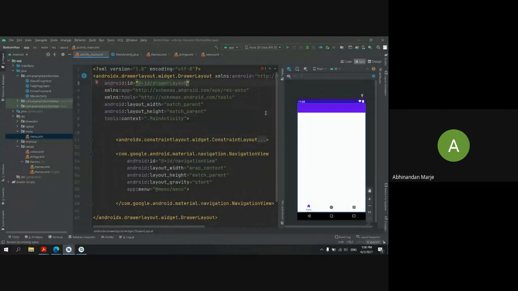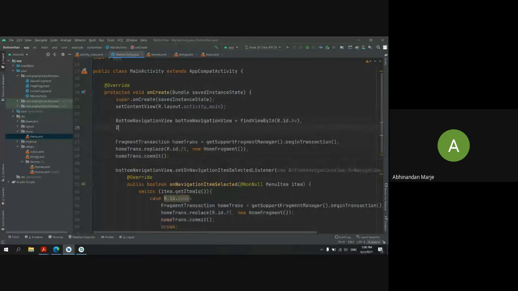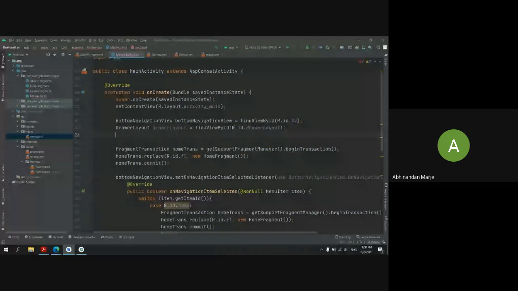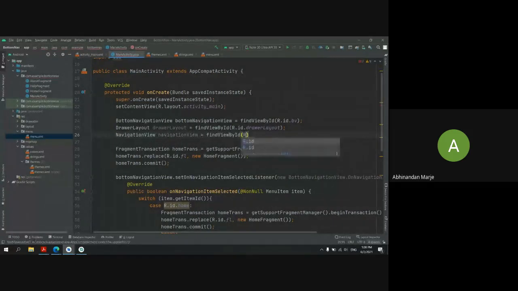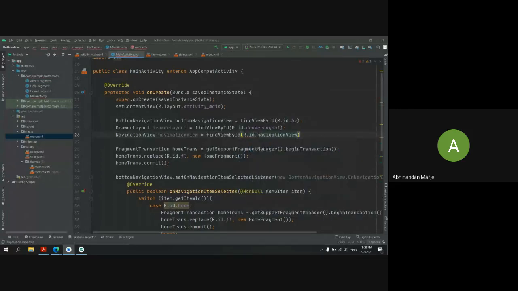Now I should connect it here. So first the drawer layout, then our navigation view, then I want my toolbar.